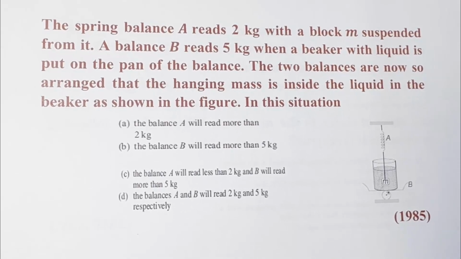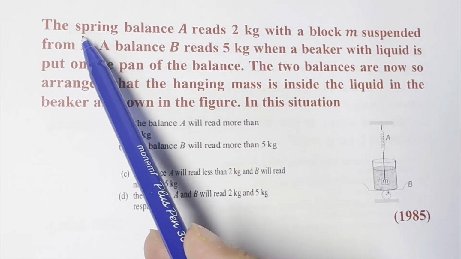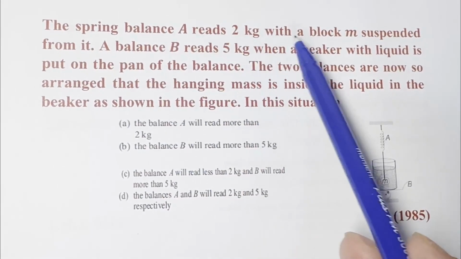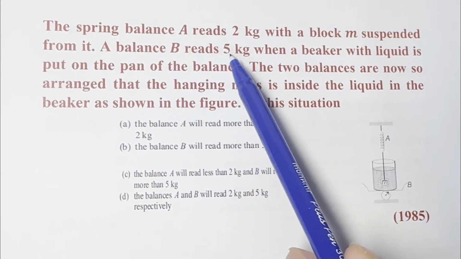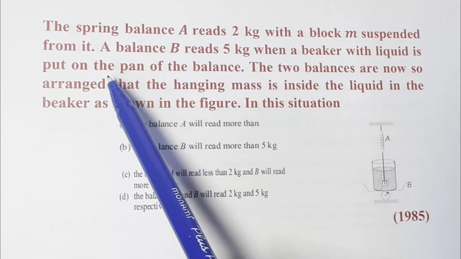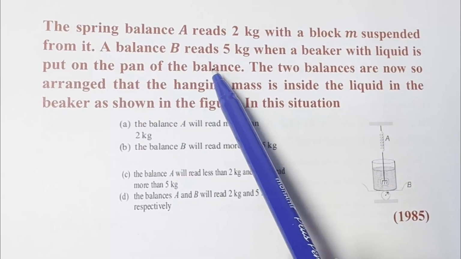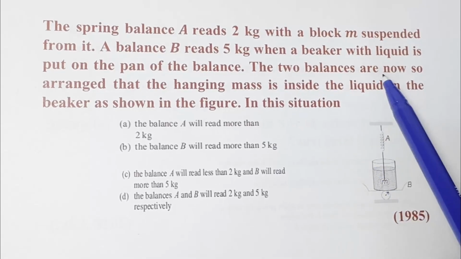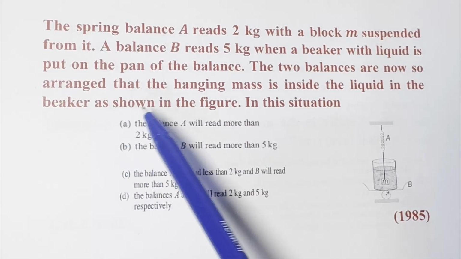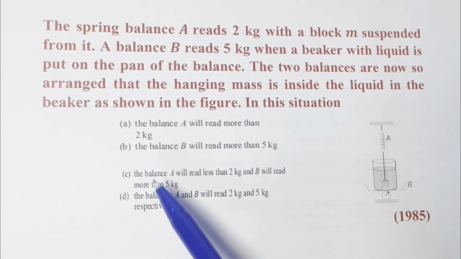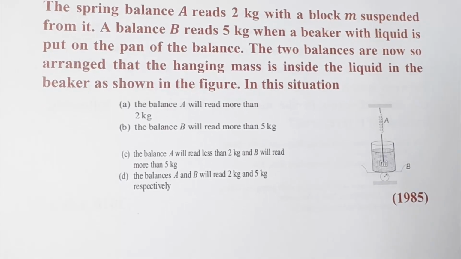Hello friends, today's question. A spring balance A reads 2 kg with a block M suspended from it. A balance B reads 5 kg when a beaker with a liquid is put on the pan of the balance. The two balances are now so arranged that the hanging mass is inside the liquid and the beaker as shown in the figure. In this situation, so we have these four options,